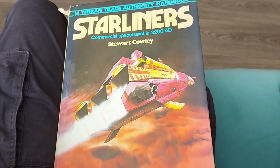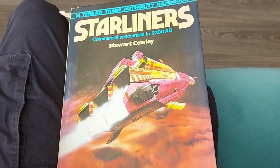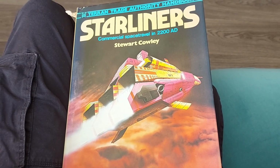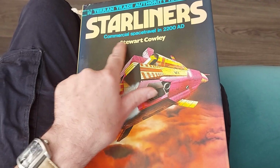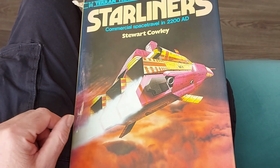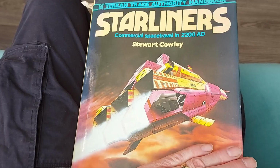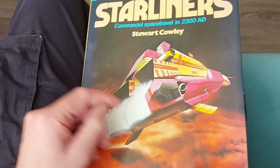So today we're looking at the last of the Terran Trade Authority Handbook books, Starliners. And out of the four, this is the one that I would look at the least because it's about commercial space travel in 2200. All right. No battles, no lasers being fired, no aliens. And because it's like fourth on the shelf,